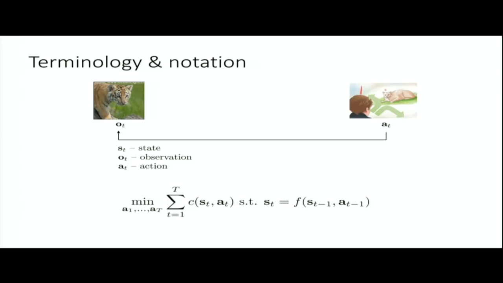In general, what we would do is write down something like a cost or reward function. So we would say our probability of getting eaten by the tiger, in this case, would be our cost, or the negative of our reward. So we would say, let's minimize the sum of this function c, which is the getting eaten by the tiger function, over all time steps. And of course, we don't get to choose which states we end up in, so the states are governed by some dynamics, but we get to choose the actions. So if we want to go beyond imitation learning, we need to define our objective in terms of a cost or reward function. So C for cost or R for reward.